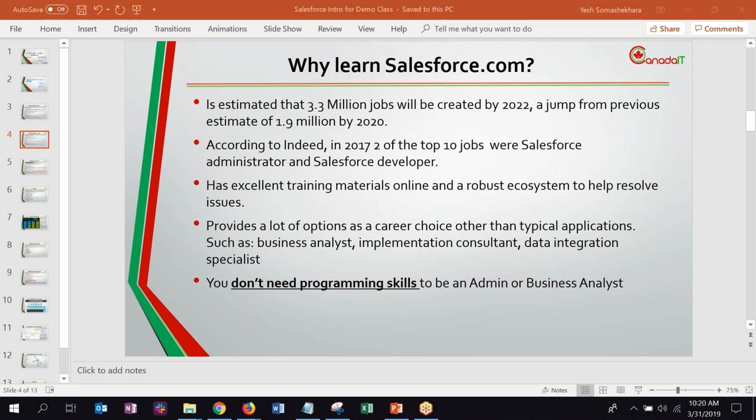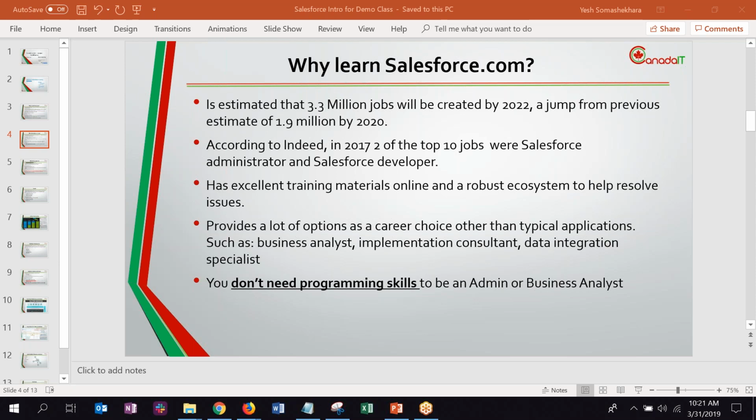What our program is going to cover today, I'm going to cover in the next slides. But if you want to learn more, or let's say you started working as a Salesforce administrator and you're stuck somewhere, there's no need to panic at all. People share knowledge in Salesforce. That's one of the biggest advantages of Salesforce, and they've always built this culture. Salesforce as a company has always been pushing towards sharing of knowledge.